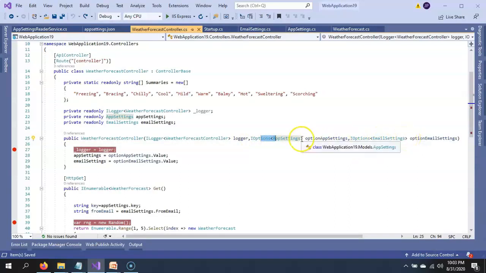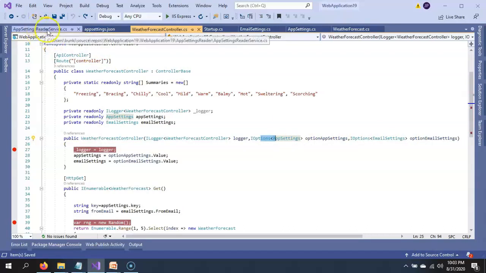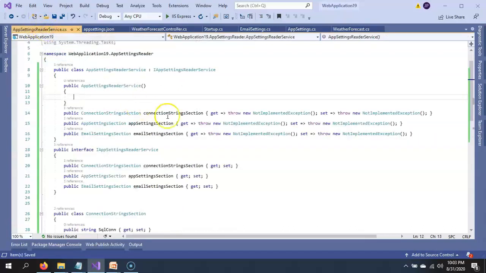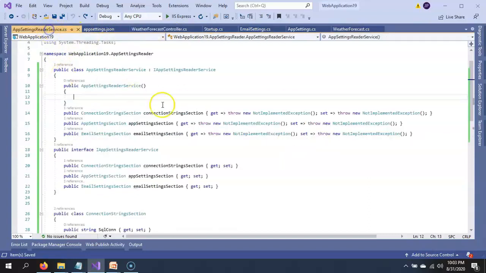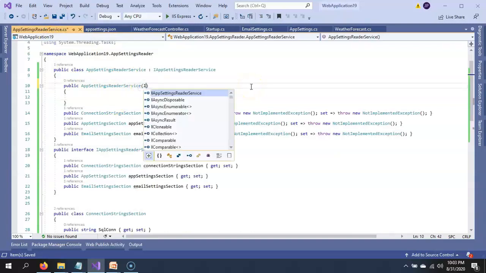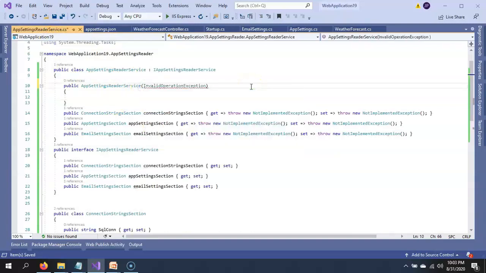But now we are creating an AppSettingReaderService, so we just have to inject this service into the controller instead of multiple IOptions interfaces. And here in the service class we are injecting multiple options.